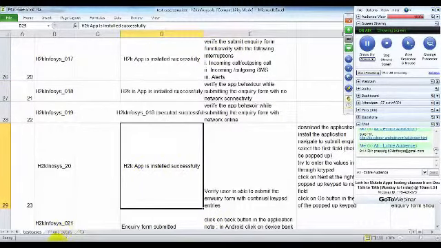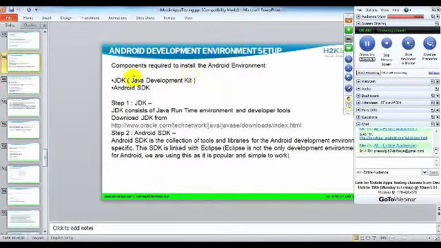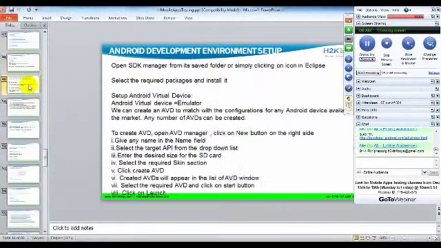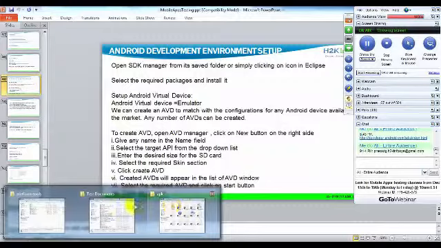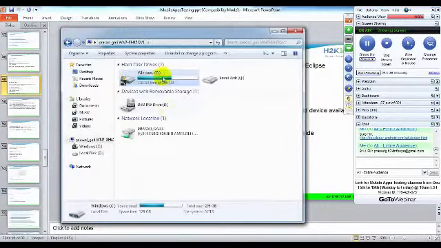Okay, fine. First, when you are talking about Android, make sure that the Java JDK is available on your machine, and then make sure that your Android SDK is downloaded. Once downloaded, it will look like this.